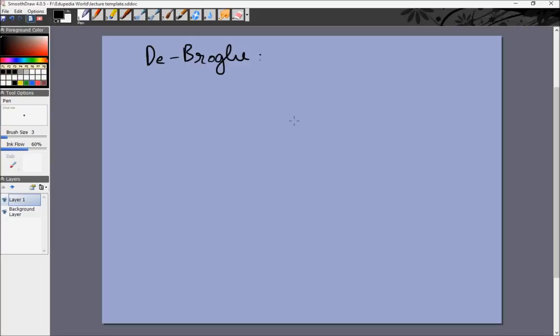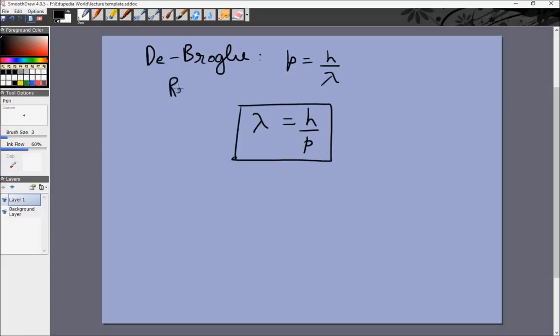So then the question became, for the wave character of light, we have related it to the particle character by saying the energy of a photon is h nu. How do we relate the particle character of an electron to the wave character? What is the wavelength of an electron? So he assumed the inverse of the relation we see for photons: if for a photon the momentum is h by lambda, then for an electron, the wavelength lambda should be h by p. And this simple result is called the De Broglie relation,